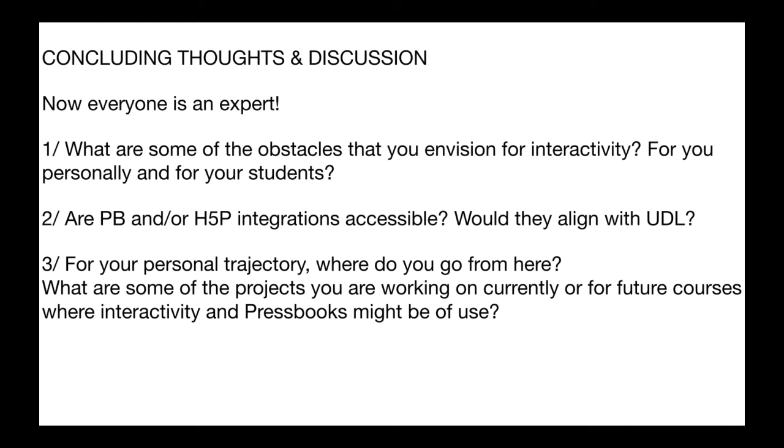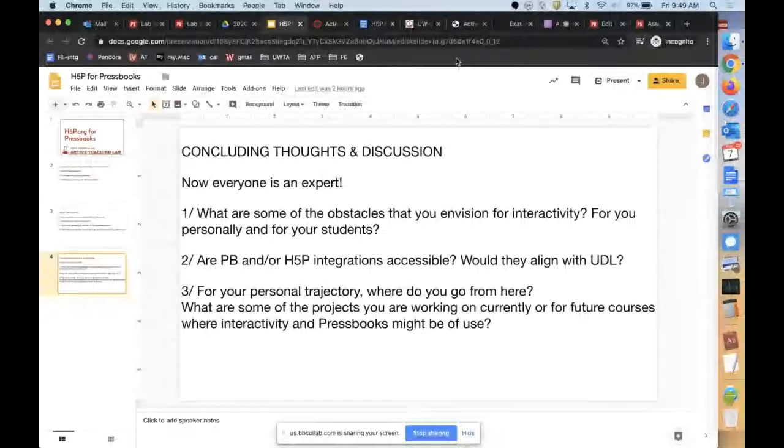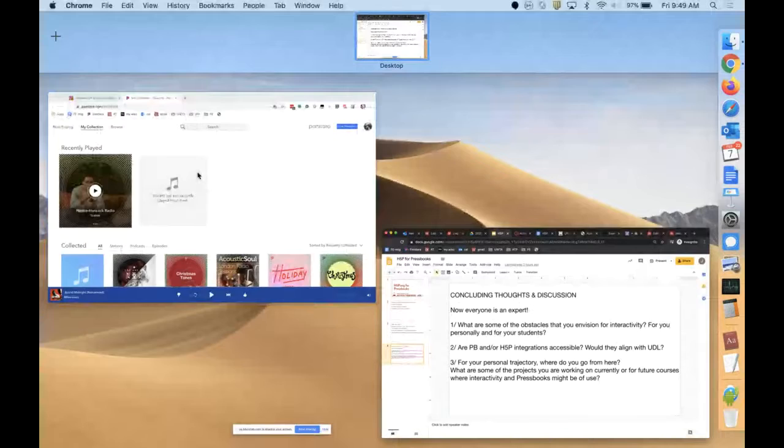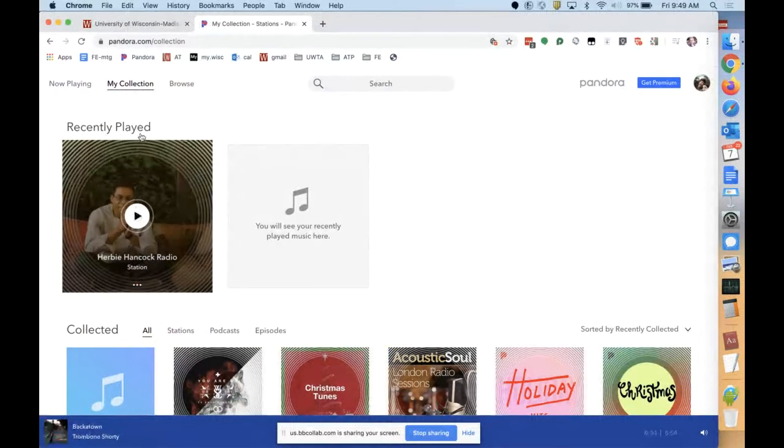So I'm just looking at the Pressbooks site. If I log in, am I supposed to be able to use my NetID, or do I have to create an account first? You probably don't have an account yet, so I can actually create one for you right now. If you access any content through Canvas,